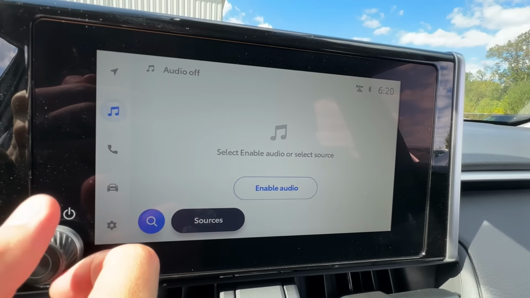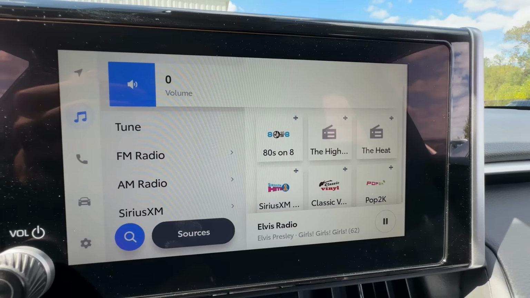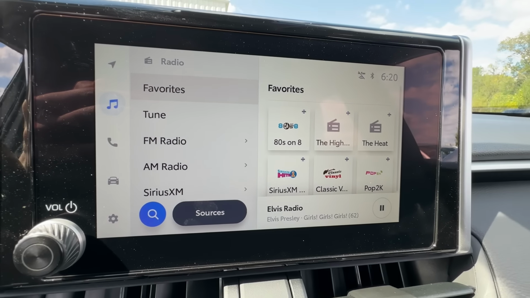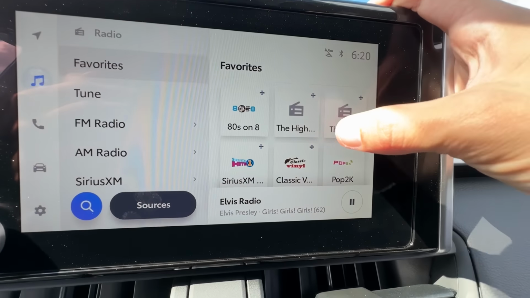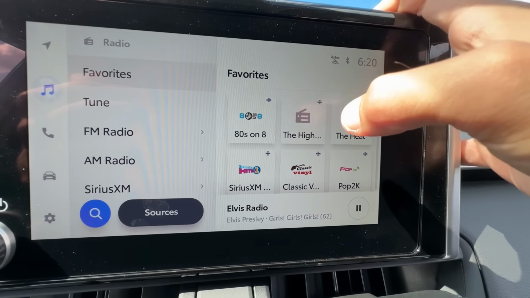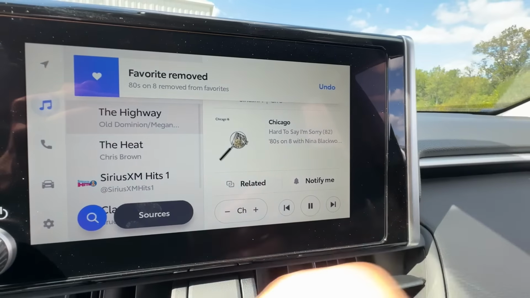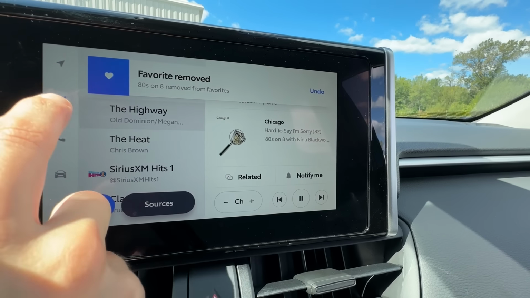The American RAV4s come with 90 days of Sirius radio as a trial, which is nice. And Toyota's moved more of an icon setup here. They give you some factory favorites, but say you don't like 80s on 8, you can just unfavorite it. And then when you go back to your favorites,